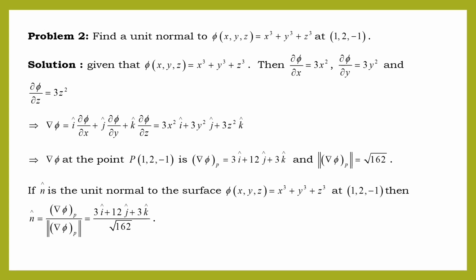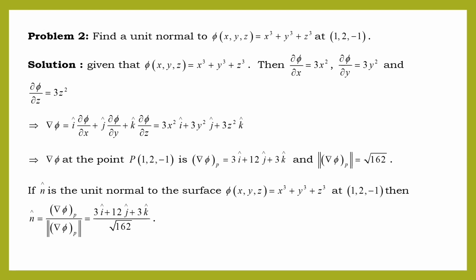If we want to find out the unit normal at the given point, we have to use this formula: del phi upon norm del phi at this given point. Suppose n cap is the unit normal of the given surface phi of x, y, z equals x cube plus y cube plus z cube at the given point 1, 2, minus 1. Then the unit normal n cap equals del phi divided by norm del phi at this point, which equals 3i